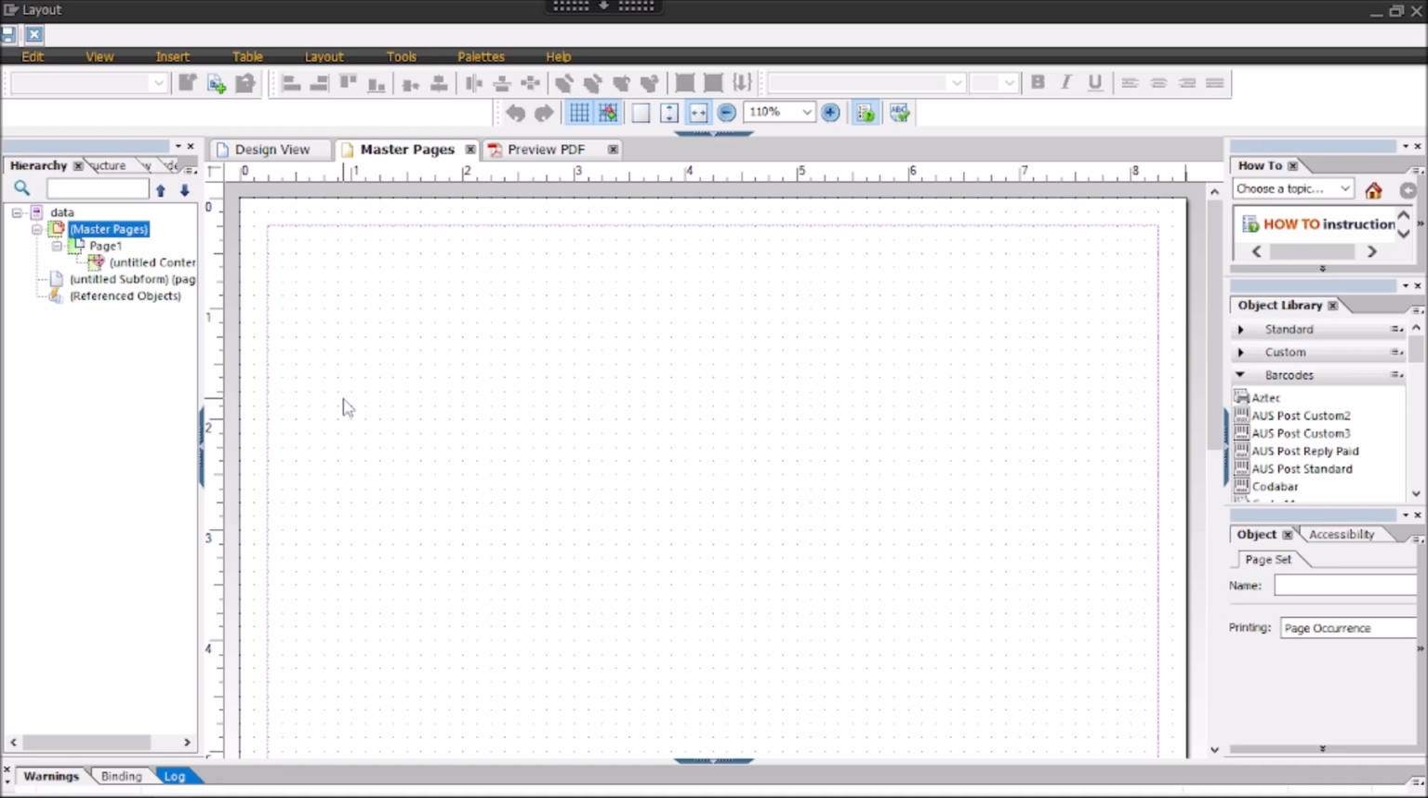Maybe company logo, right? Or maybe some details of the company name. So whatever the common data for all the pages, that data we need to include in the master page. Whatever data you keep in the master page will be printed automatically for every